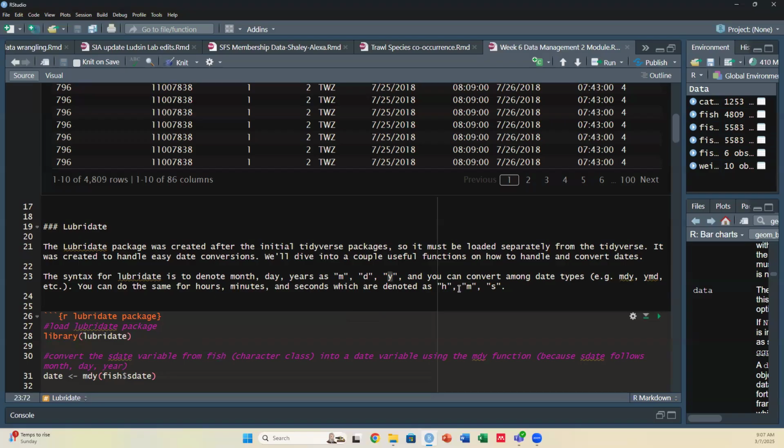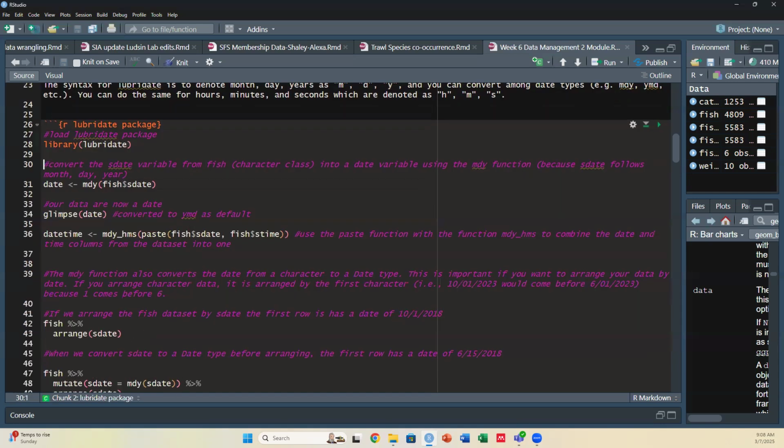So again, very simple. Lubridate is the Tidyverse's answer to the POSIX package and the POSIX date system, which whenever I see that code, I have no clue what's going on. Lubridate has made it a lot easier for me to understand how to convert dates within R itself. So you bring in the lubridate package here,